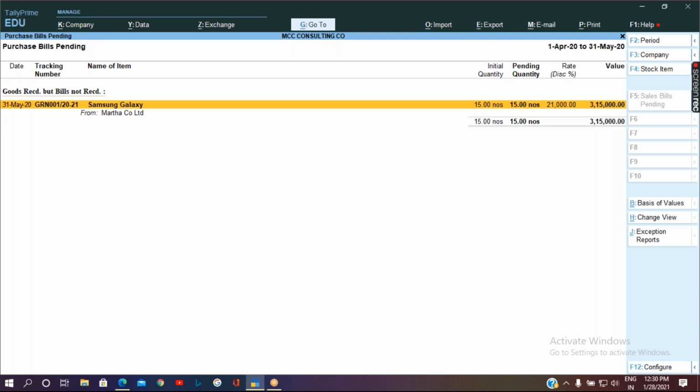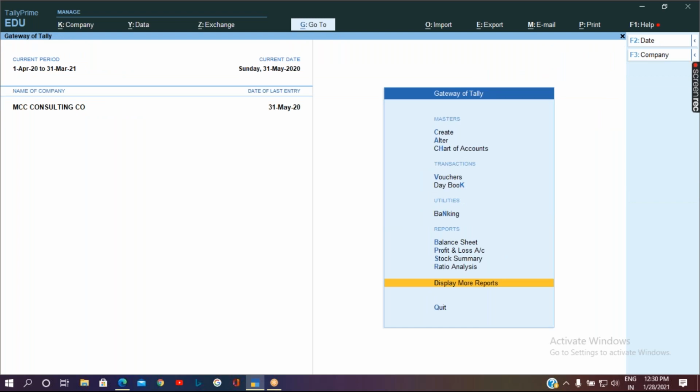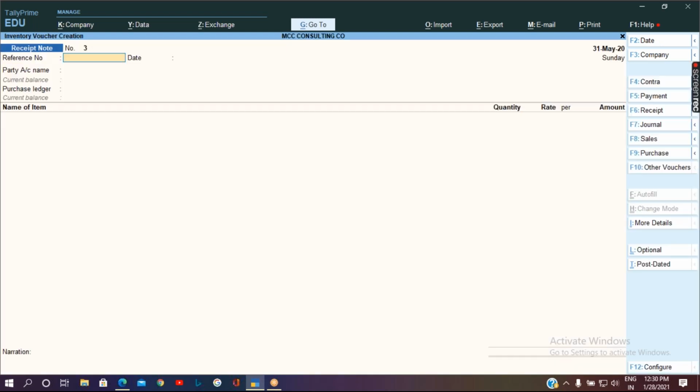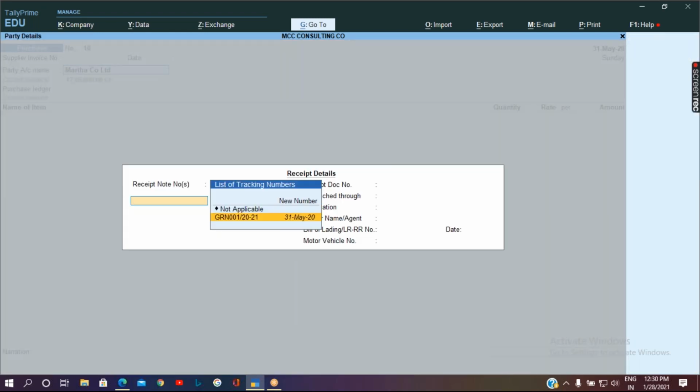So how to remove this pending means we should pass the purchase entry. So let's pass the purchase entry, purchase, select the same party. Select the tracking number and accept it.